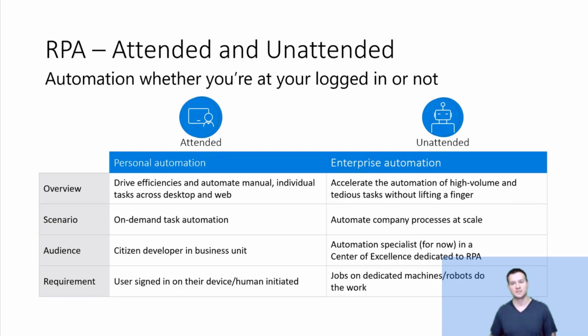And then on the other hand, we have the unattended mode, which can be triggered on virtual machines. There can be multiple of those virtual machines running somewhere in Azure or elsewhere. There cannot be an active user session in that scenario. And with unattended, we can scale up to hundreds or even thousands of processes running in parallel. They are just being executed without our knowledge and our supervision. And this is meant for the enterprise.